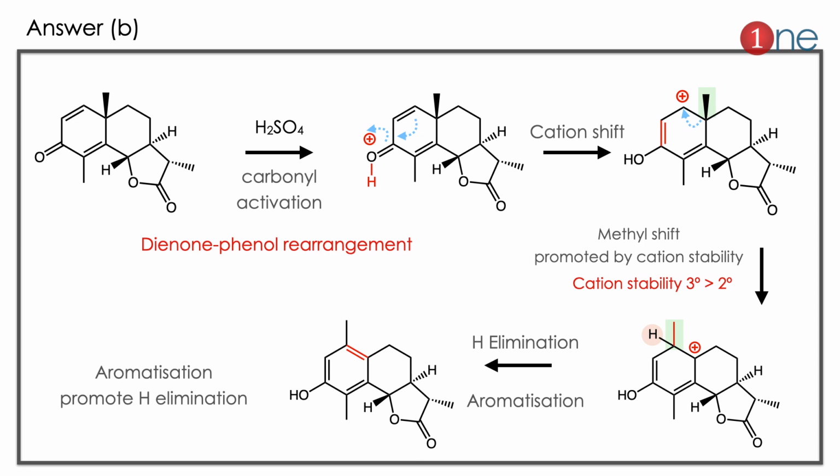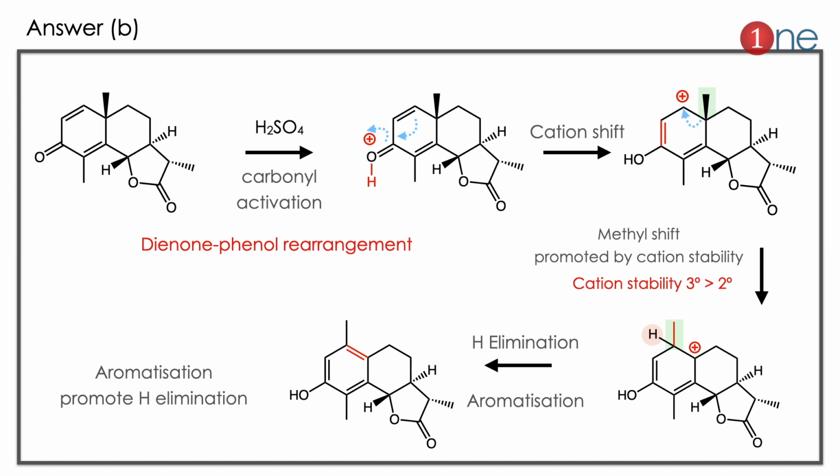The answer is B. Let us see how. The starting material contains a diene conjugated with a carbonyl system. So you are adding the acid. The acid activates the carbonyl compound, so the double bonds are switched to stabilize the cation there. So an alcohol forms there and the cation moves to the carbon. To compensate, the methyl group shifts to form the stable tertiary cation. So the stable tertiary cation is formed there and that can be quenched by elimination.